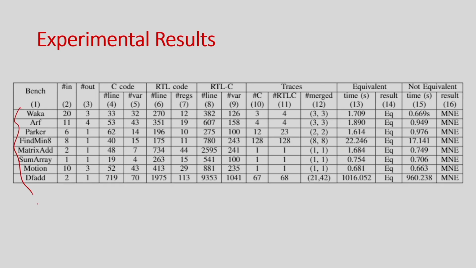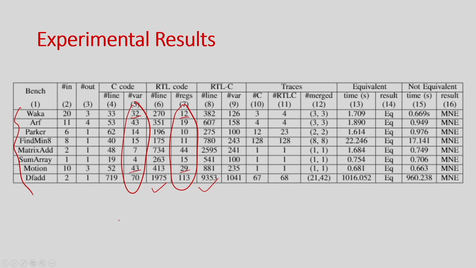So, experimental results. These are the test cases we have taken, and you can see here these examples are of moderate size, the number of variables is high, and this is the RTL code size, and this is the RTL-C. So, the number of lines of code is much higher than the C code, and we have also seen things in an example, right. Interesting things to be noticed here: the number of registers, okay. This is the number of registers, and this is the number of variables. Here you can see that it is always less than the number of variables: 32, 12, 43, 29, right.